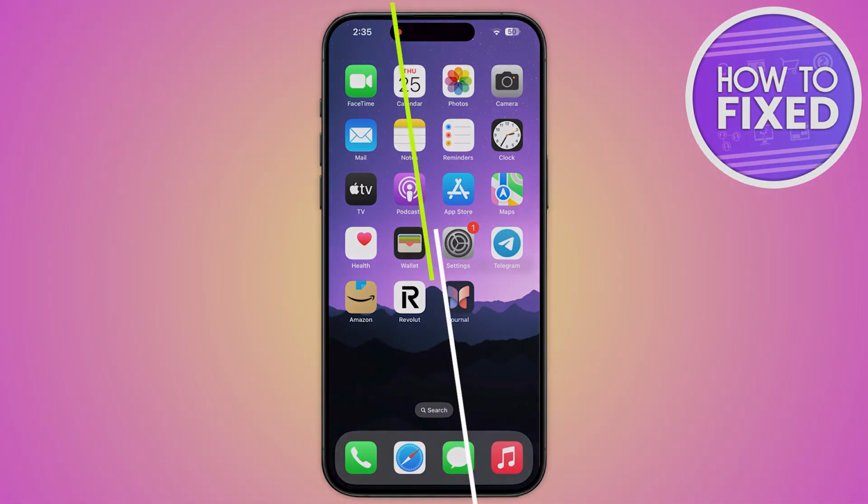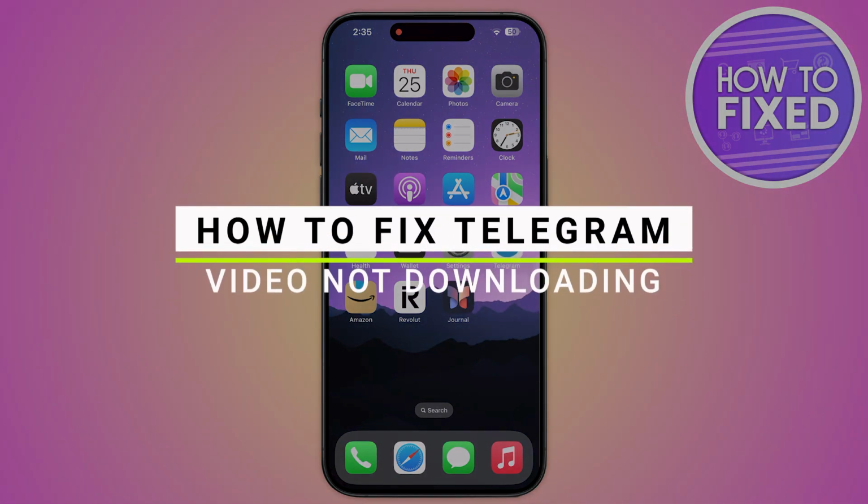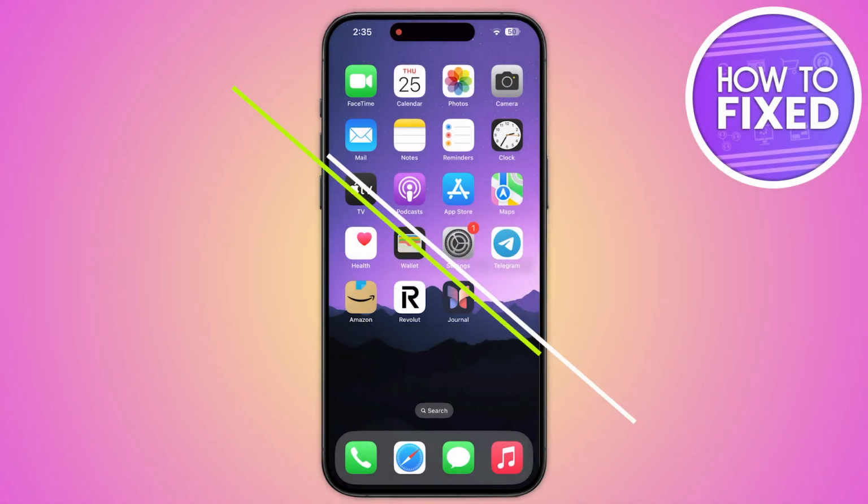How you can fix the Telegram video is not downloading. So let's start. First of all, you have to check that you are using the latest version of